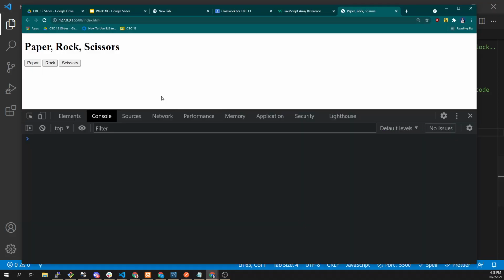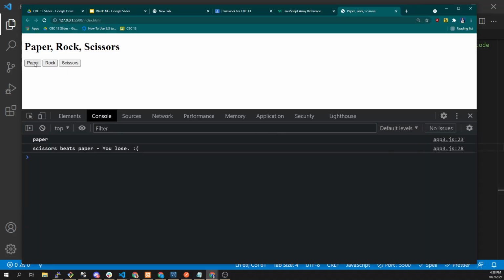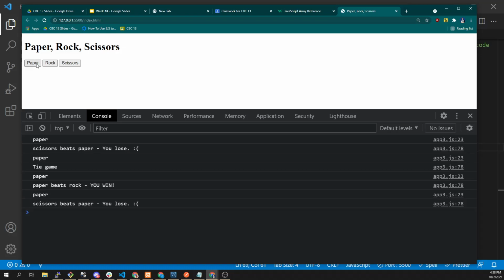Okay? So now, if I click paper, scissors beats paper, we lost. So maybe that's the next thing we need to do, right? We need to go back to saying plus you win, right? And then maybe down here plus you lose. Okay? So now we lost, scissors beats paper, tie game, we beat rock, win, scissors beats paper, we